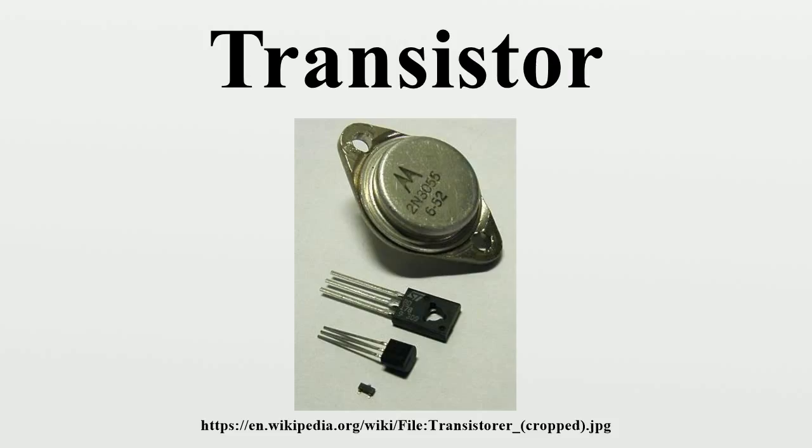History. The thermionic triode, a vacuum tube invented in 1907, enabled amplified radio technology and long-distance telephony. The triode, however, was a fragile device that consumed a lot of power. Physicist Julius Edgar Lilienfeld filed a patent for a field effect transistor in Canada in 1925, which was intended to be a solid-state replacement for the triode. Lilienfeld also filed identical patents in the United States in 1926 and 1928.